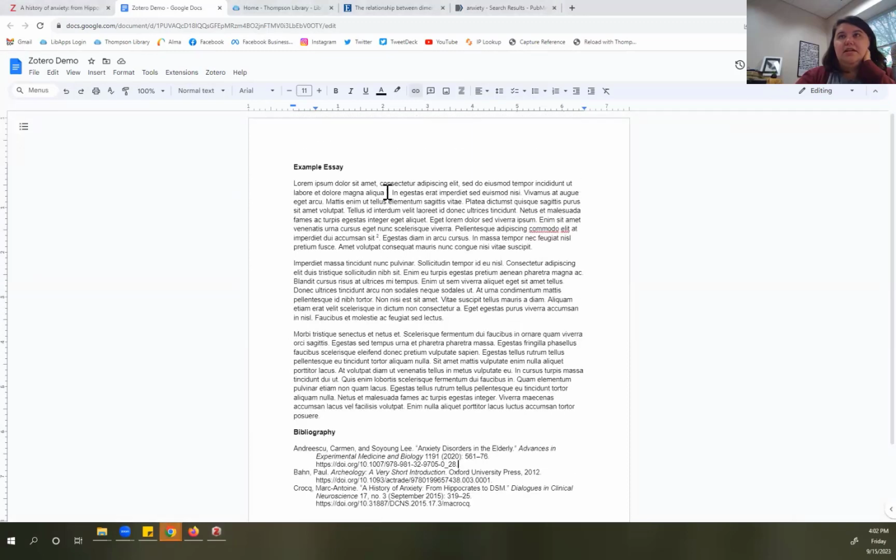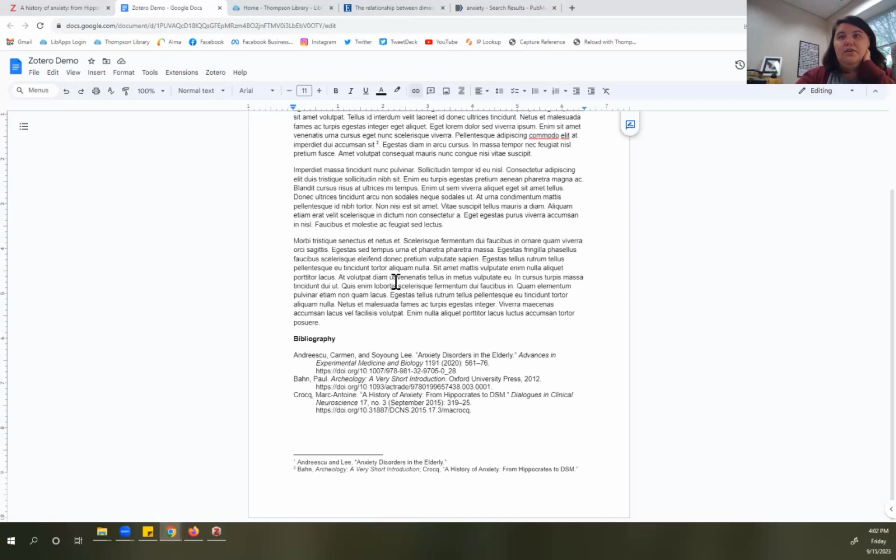And instead of the author date, I now have footnotes and endnotes that will, it should list them in use order, just like it's supposed to instead of alphabetical order, but apparently I put them in alphabetical order as I was pulling things in. So anyway,